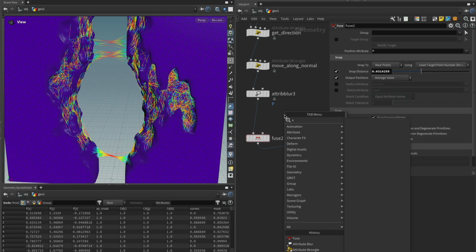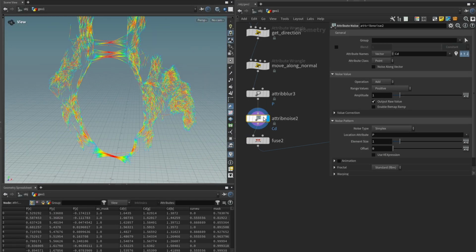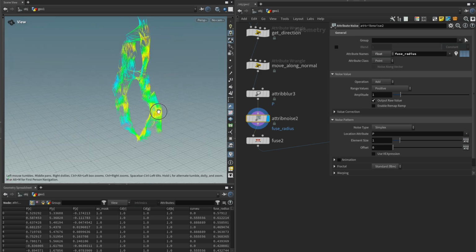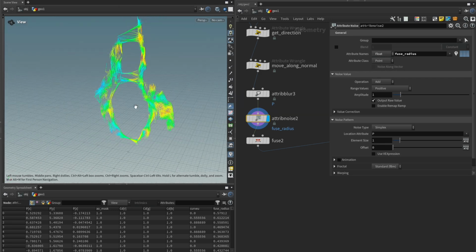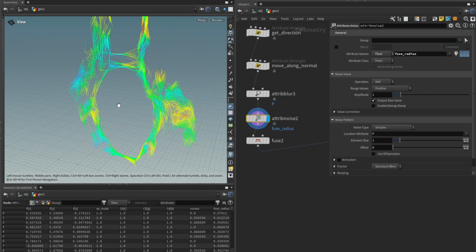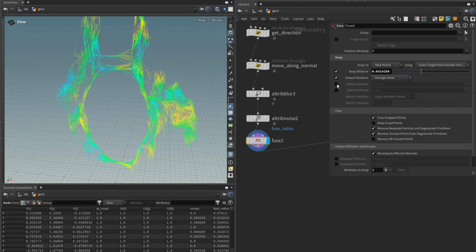Let me show that. So I'm gonna get an attribute noise. I'm gonna plug that in here, and I'm gonna call it fuse radius. And if I visualize this, we can now see that we have this 3D noise that is being applied to our curves. And what I can do now is I can pass on this noise to the fuse node, and anything that has a warmer color has a larger radius than the cooler colors. So if I apply this now,